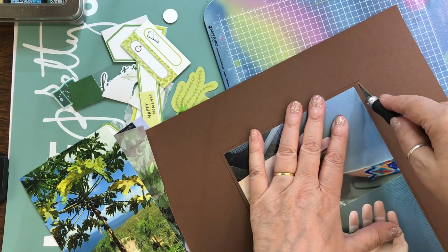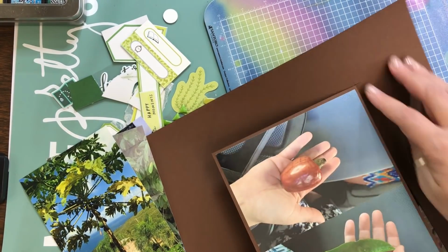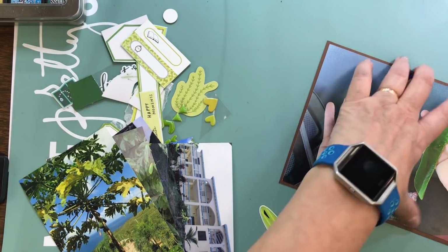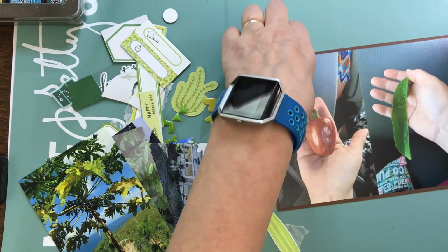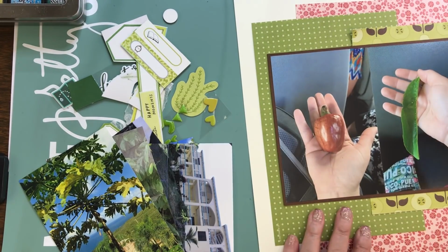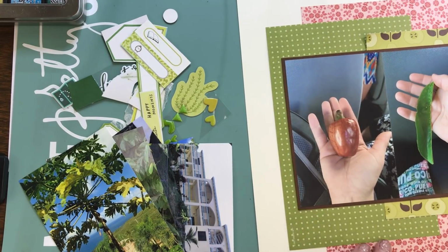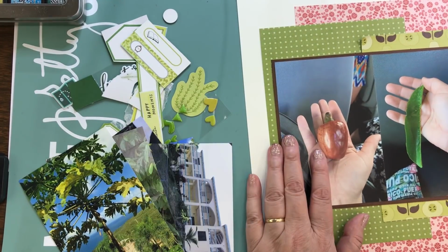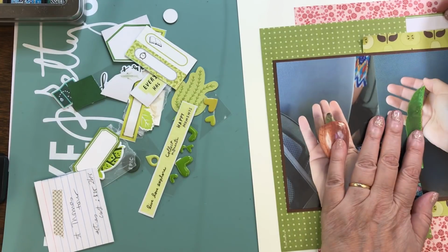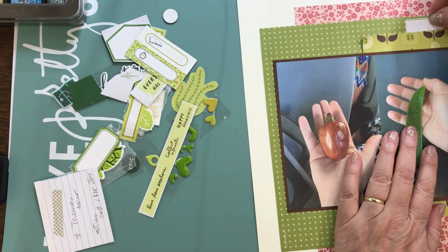One of my favorite tools that I have in my scrap room is those layering rulers. Each ruler has like 4 different sizes on the ruler, and it says the size. Underneath there's little notches with the different sizes. It goes from 1/16 to 5/8 of an inch. When you decide on the size that you want, in this case it was probably like 1/8 of an inch,